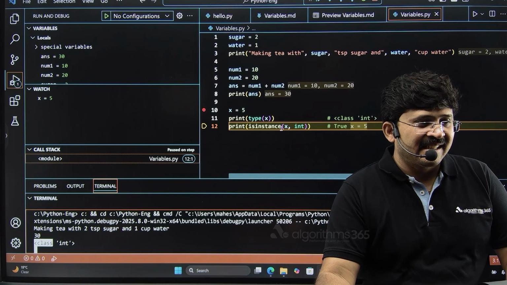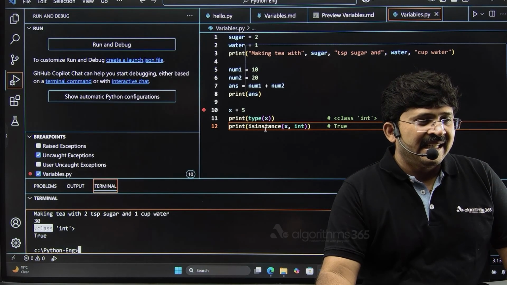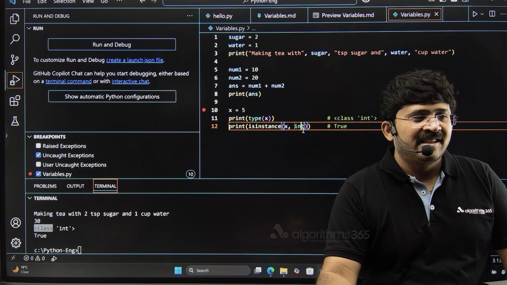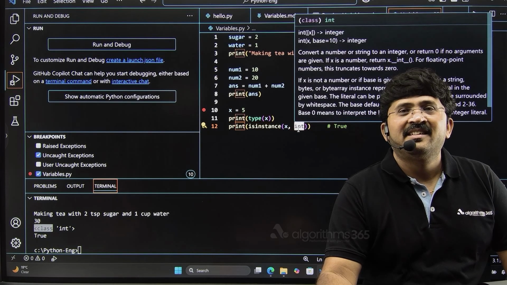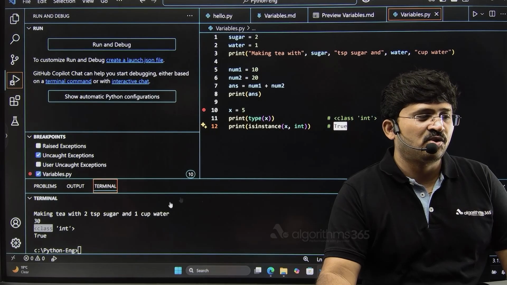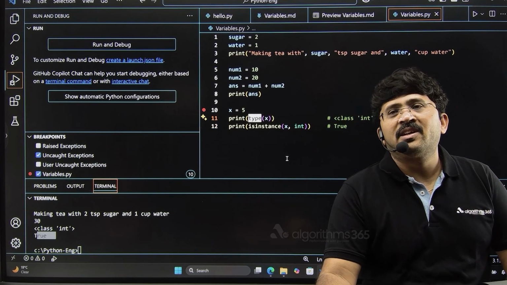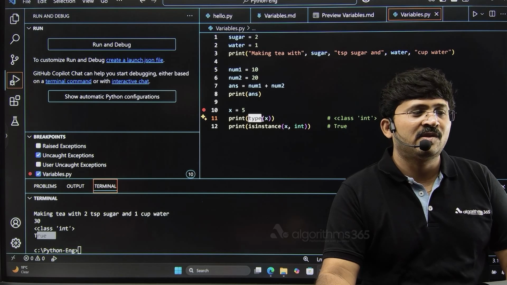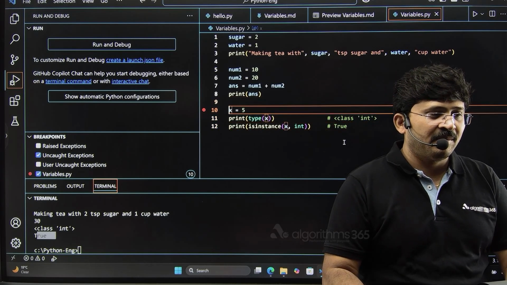And isinstance, okay, so it's checking isinstance: x is an integer. So what is it saying? Is the x object an integer? The answer it is returning is True. So you can see that it's returning True. So why is type needed? When you are confused and you don't know what type it is, you can use this function to see what type it is. Let's say I will declare another variable,